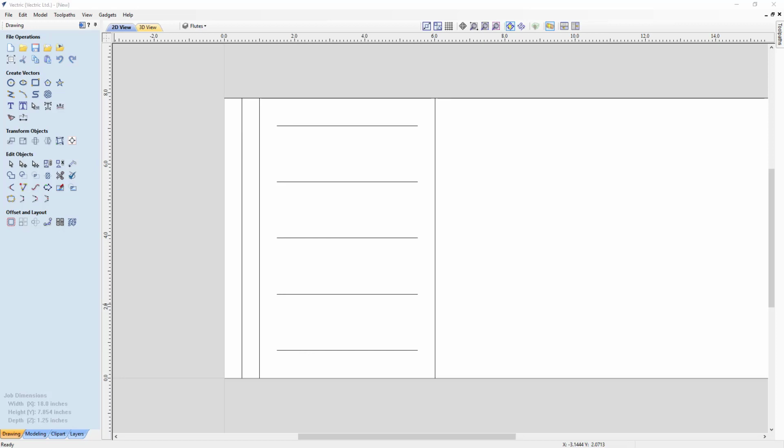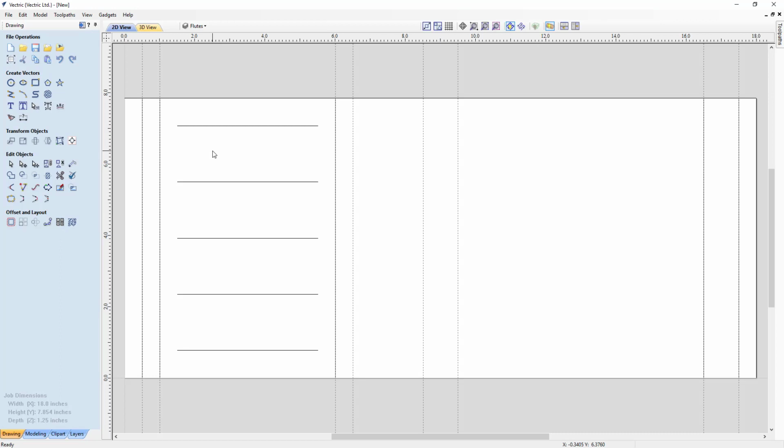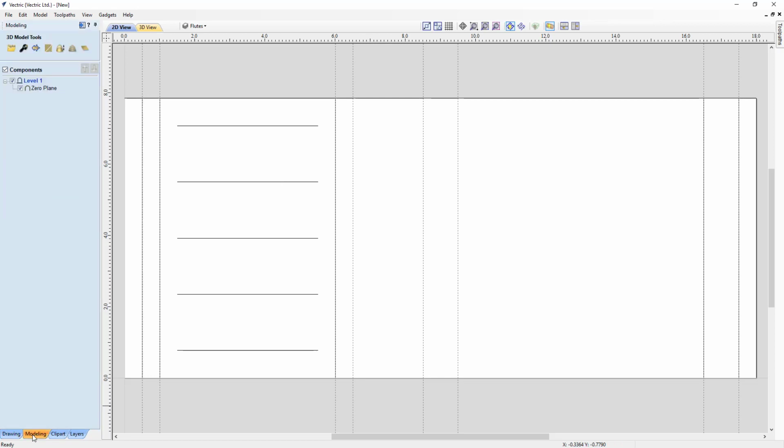Okay, for the next bit of our layout, we're going to need to see our guides. So let's turn those back on again. And then let's press F on our keyboard to focus the view onto all of our job space. And we're going to put in a 3D component in this section right here that will wrap all the way around our cylinder. So to do that, we're going to go to our Modeling tab, and we are going to import in